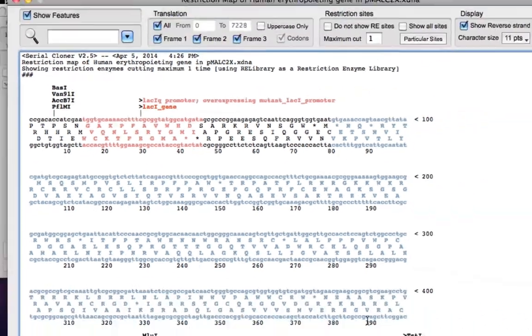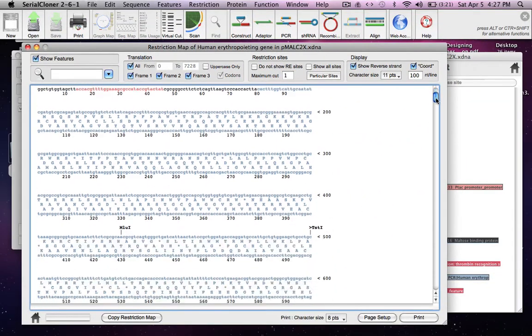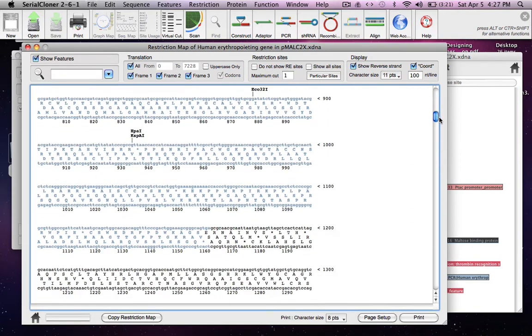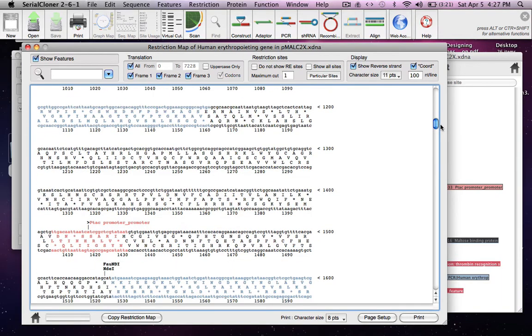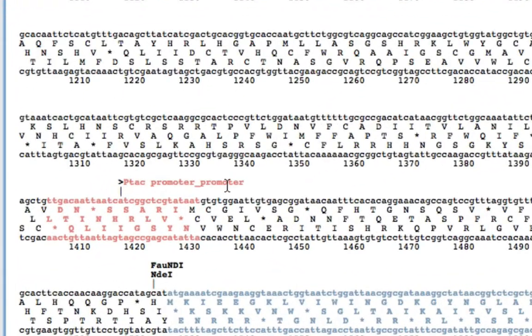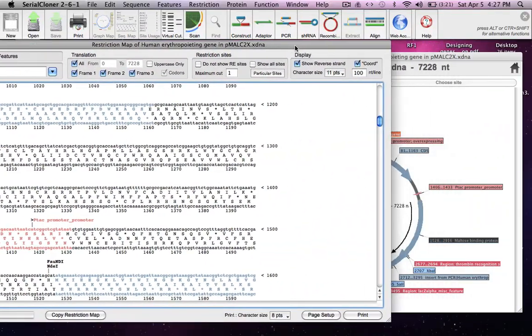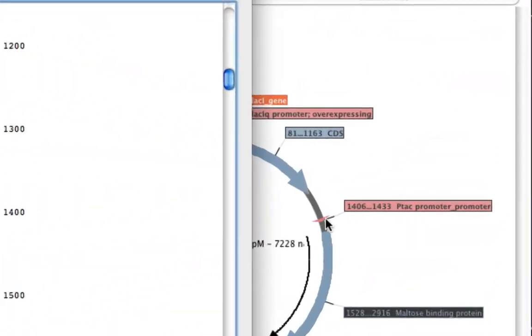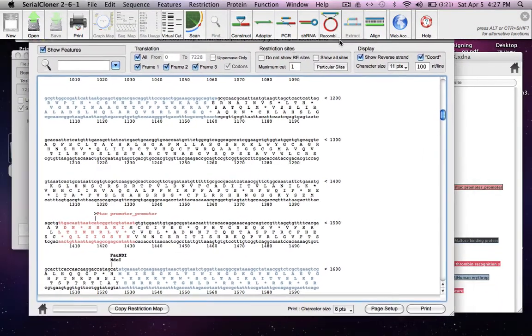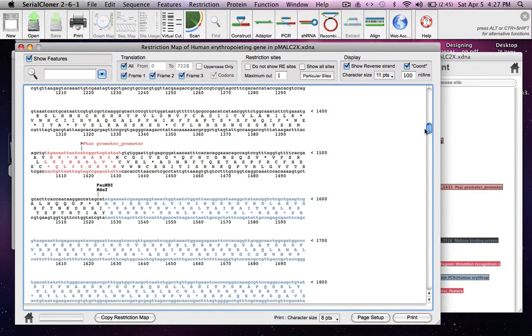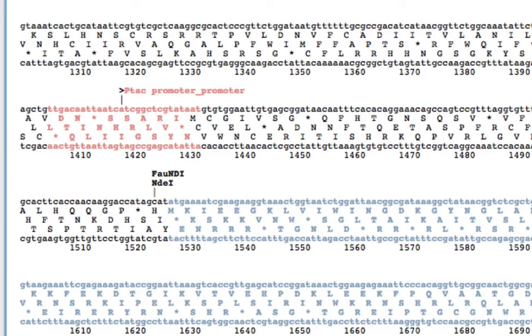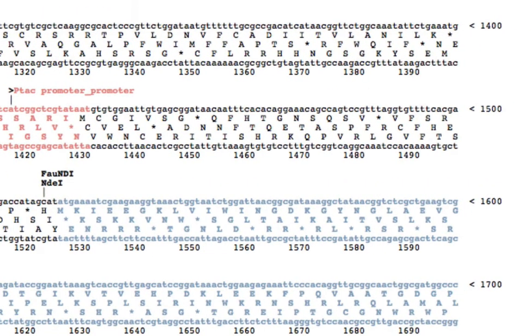Now this is the entire sequence of the vector, and the nucleotide numbers are written at the bottom. This is the PTAG promoter position, which starts from 1406, and maltose binding protein starts from 1528. So let's look for that downstream of the PTAG promoter, and this is where it should lie.